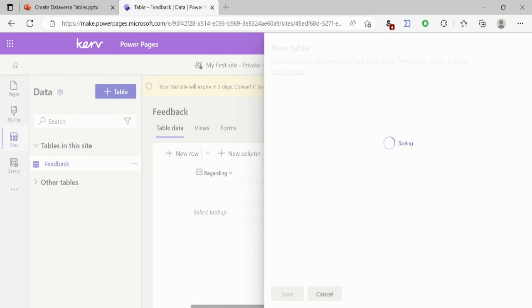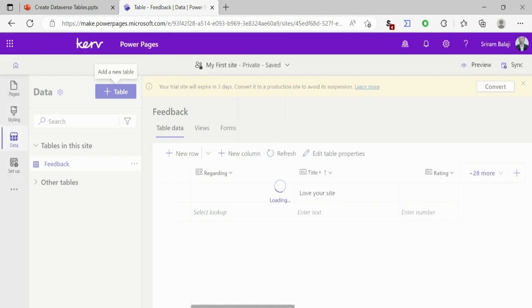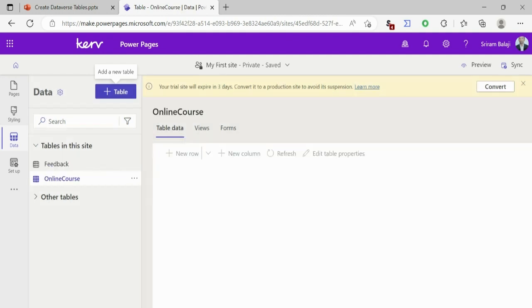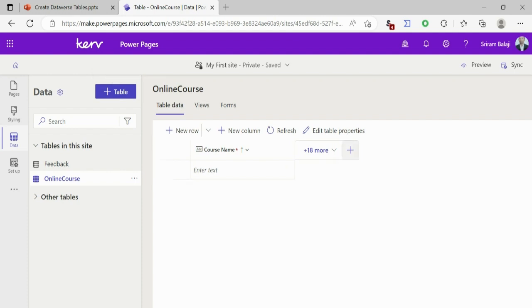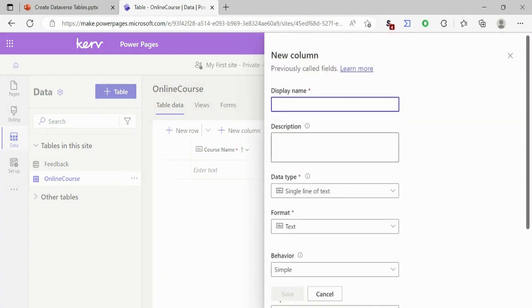So on this table, since it's storing the course information, we have to collect the course description, then the course start date, when the course is going to start and when it's going to end, what is the registration deadline, and what is the name of the instructor who's going to take this course, when the registration will close, and the status and the course fees. So we'll do one by one. Course name is here. So we will do the course